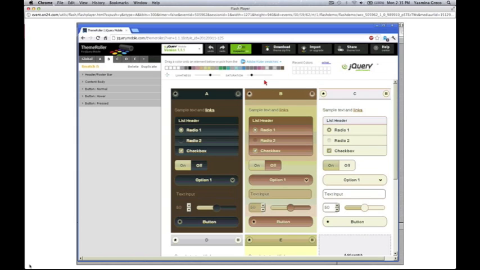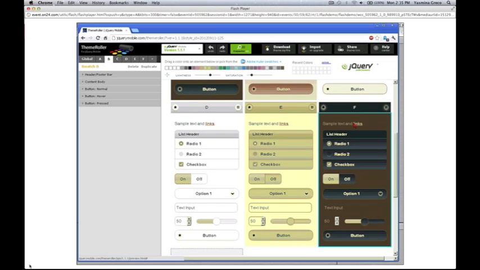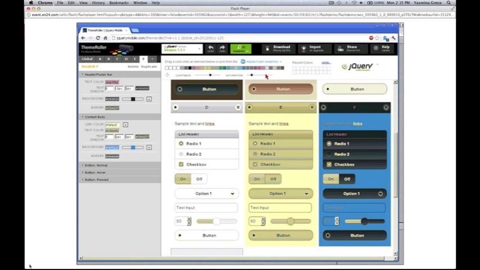And again, you can have as many swatches as you want. So if you wanted to have an extra swatch here, you would just click on it, and then over here in swatch F, you make the changes that you want to change. So let's say I actually want to make this one a little bit different color here. So I'm going to change the body, and you just drag and drop your colors, background color like that, and I want my text